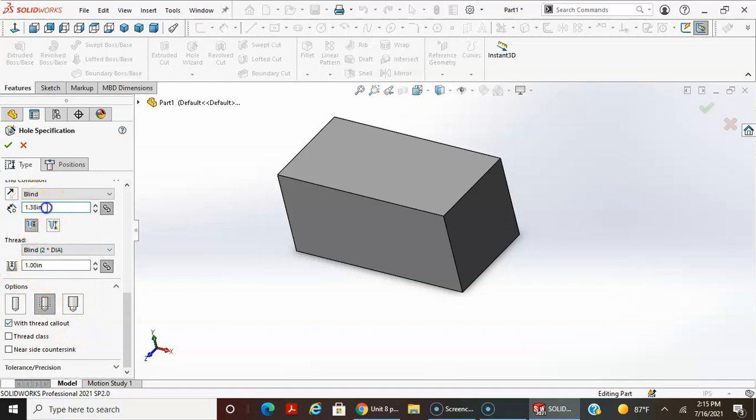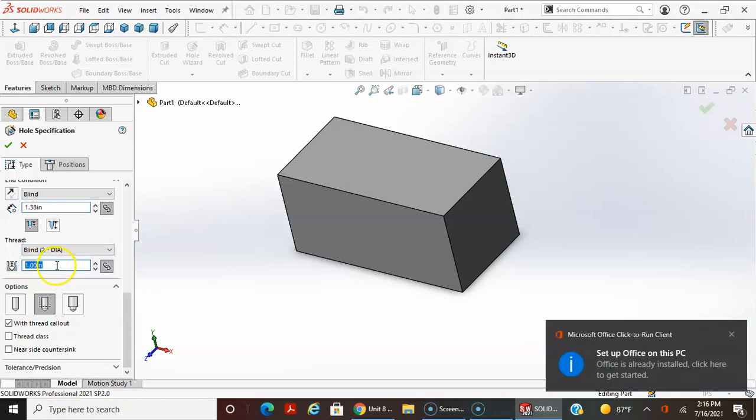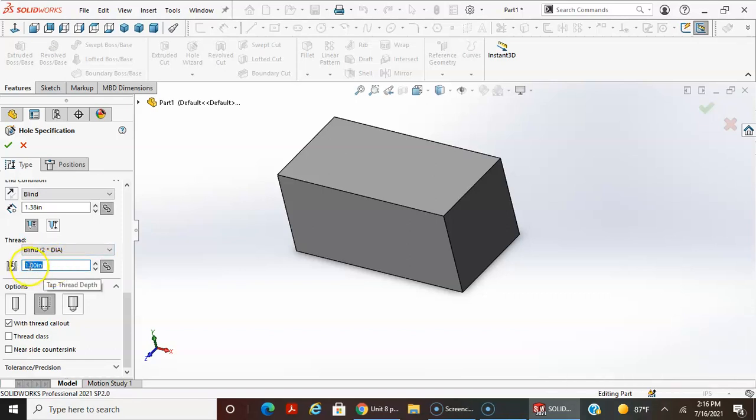So the tap drill size will drill 1.38, and the thread will tap 1 inch, so you can screw the bolt in exactly 1 inch. This would be considered the minimum that you would want to thread in order for the bolt to fully engage and be strong enough for the size of the application of the bolt is standard. So sometimes you don't need this, but usually if you're going to tap, you're always going to tap 2 times